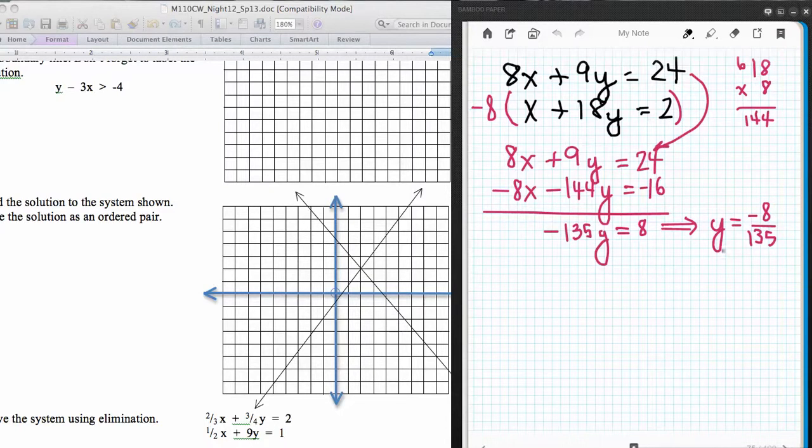So now in this one, we could put that back into an original equation and solve for the x. So x plus -8/135ths times 18 is equal to 2. So in this one, we know 18 times 8 is 144, so this looks like x plus a -144